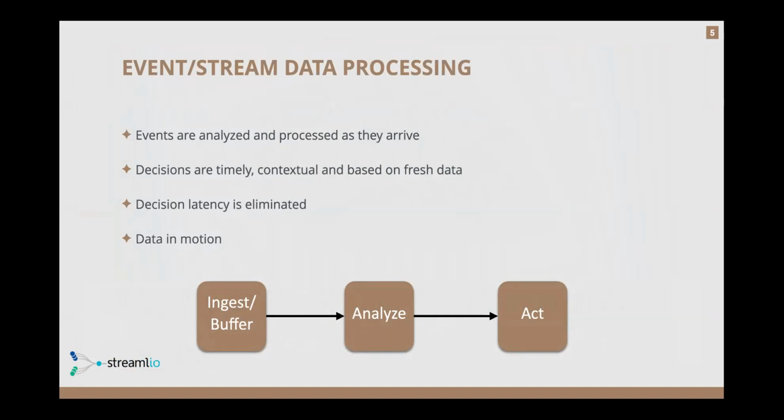Think of the use case of a connected car, an autonomous car. Obviously, you want to detect that item in front of you and brake right then. You don't want to look at it after the fact, after you've already crashed your vehicle into the car in front of you. You want to react in real time. Decision latency is what I'm talking about there, and that becomes eliminated. You're talking about data in motion. Data doesn't really have to be stored anywhere to be analyzed and structured. You just react to it as it comes in.